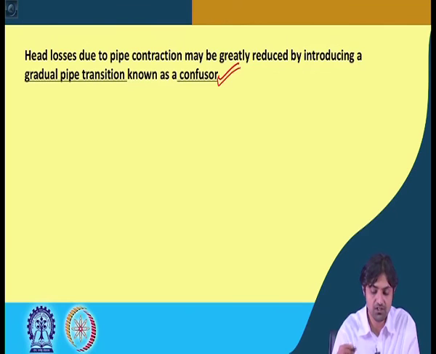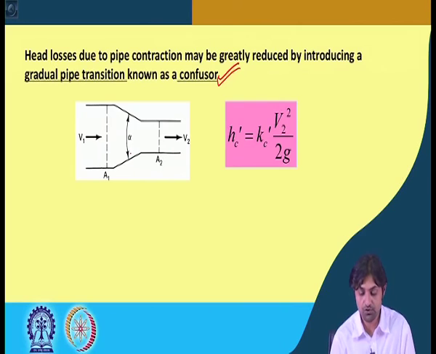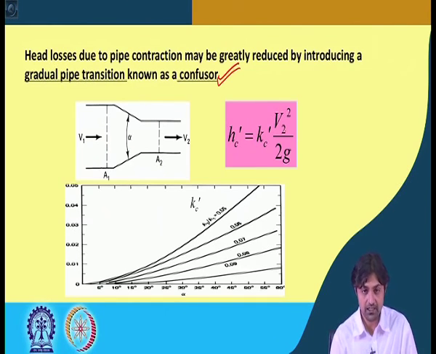So, confusers are used to introduce a gradual pipe transition, something like this. You see, there is an angle alpha. In that case also, the head loss is going to be Kc dash, another coefficient K into V2 square by 2g in case of contraction. But what that Kc is given by this